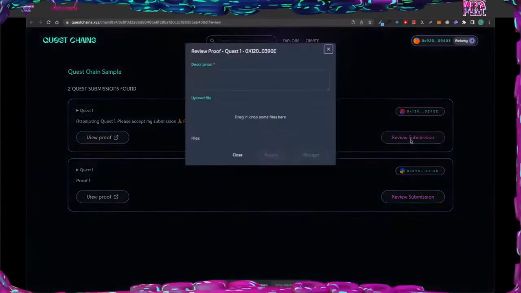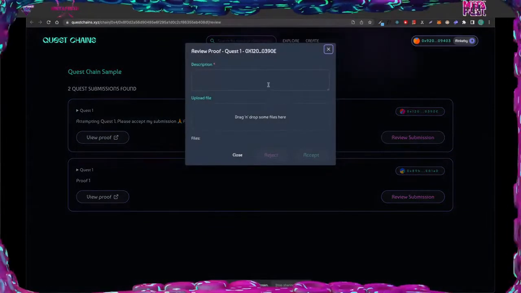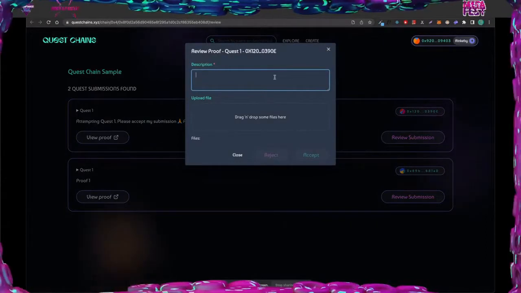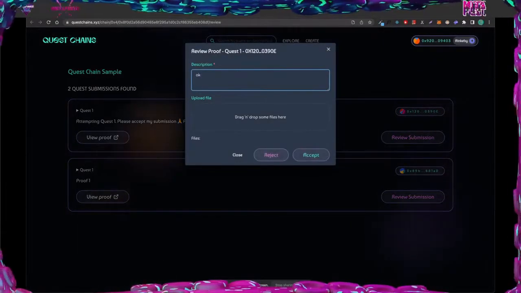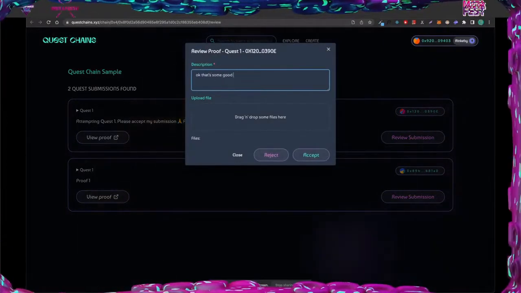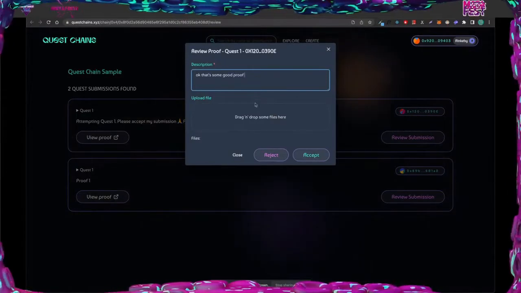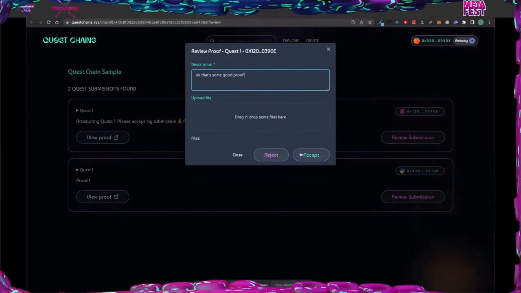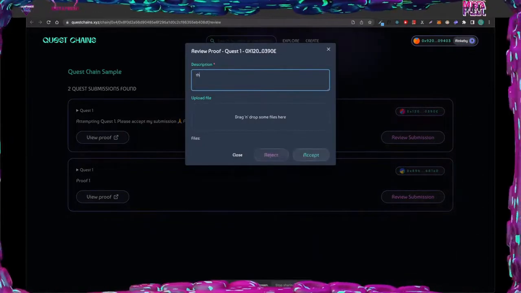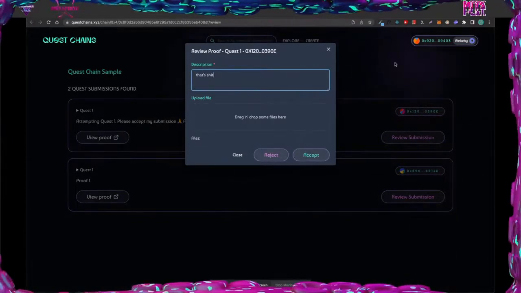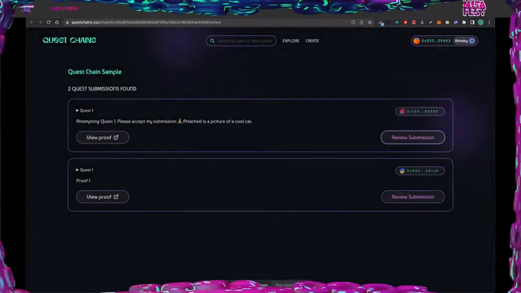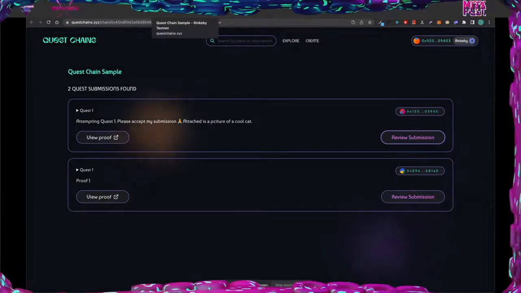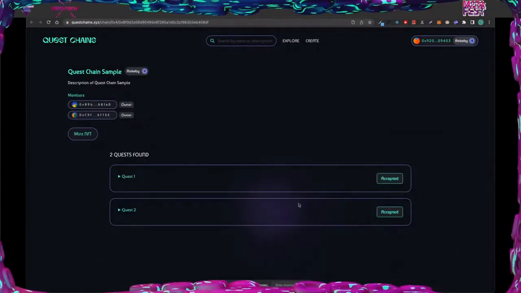They can then review the submission by doing pretty much the same as the one who uploads a proof: writing, okay, that's some good proof, and attaching a file if they want, and accepting it, or saying that's not good enough and rejecting it.